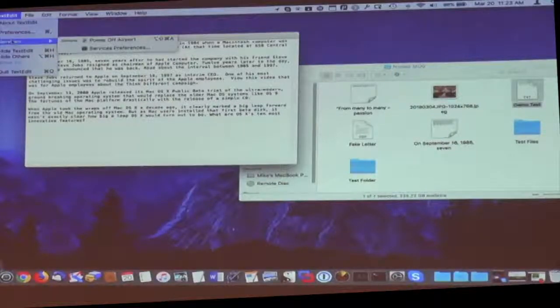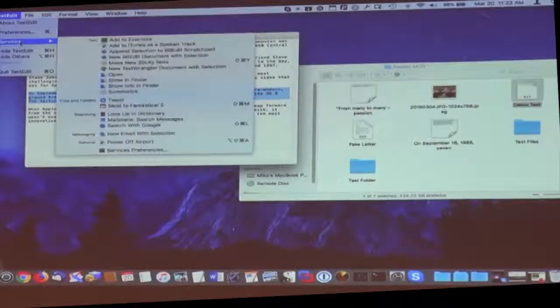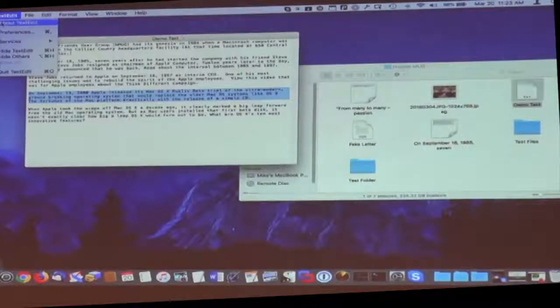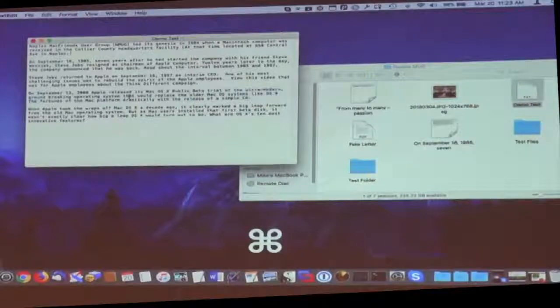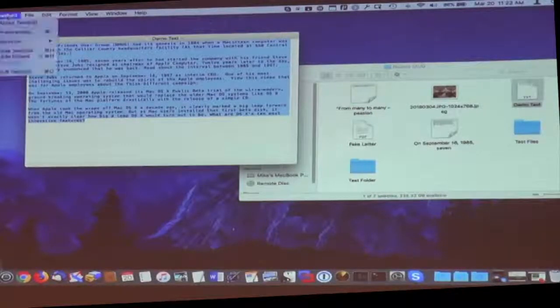Now, you can see it's not on right at the moment. Oh, no, wait a minute, let me try it again. Let me highlight some text first. There it is. Okay, so if you highlight text, if I highlight all the text in this document, and mute this call that's coming in, and I go up to the TextEdit menu,